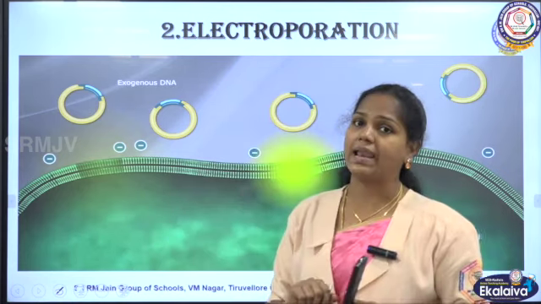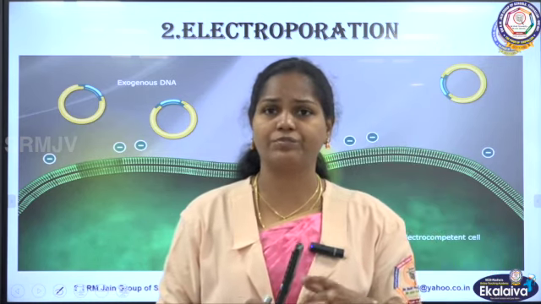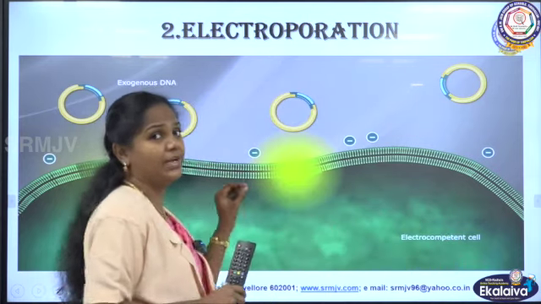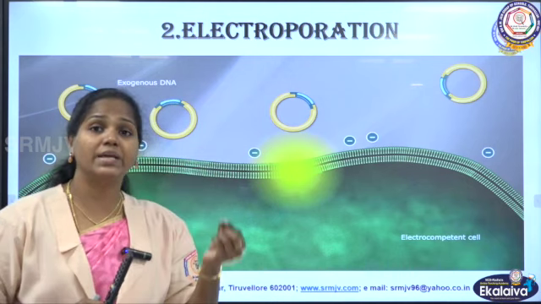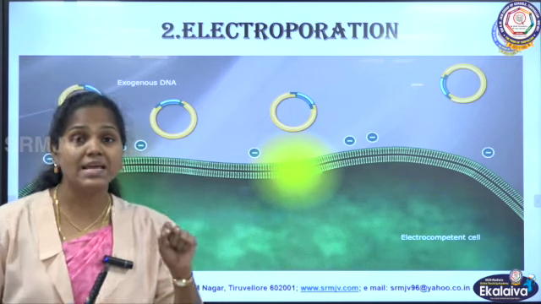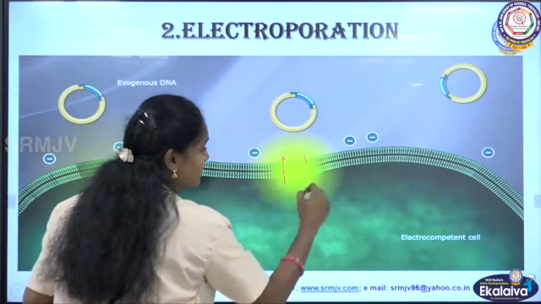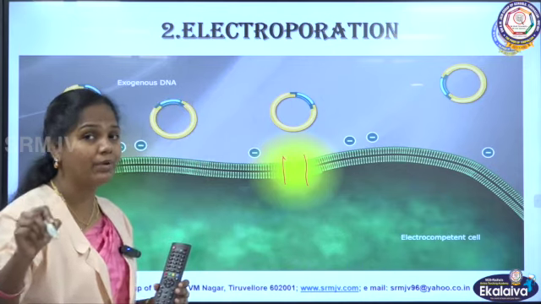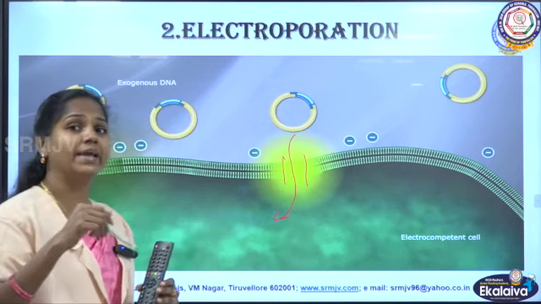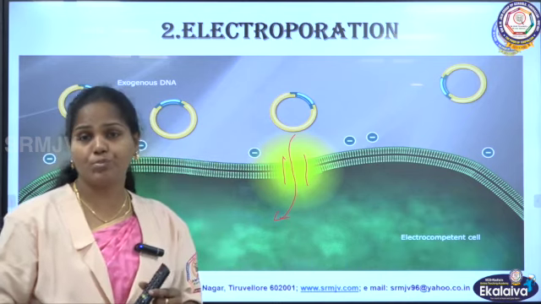The second one is electroporation. You have to take that E. coli, a suspension of the culture of that E. coli, and it has to be subjected to high voltage electricity supplied through that culture broth. This electricity will create some pores. Through the pores created by the high voltage electricity, our rDNA can comfortably gain entry into our bacterial cell. So, this is called electroporation.